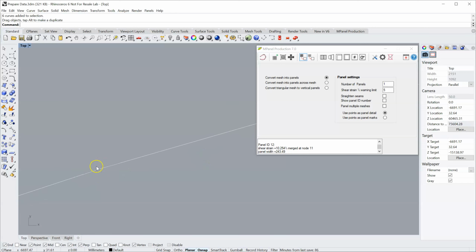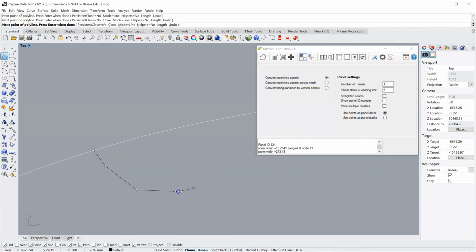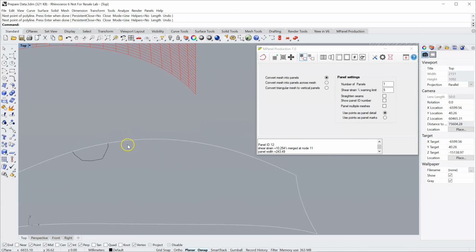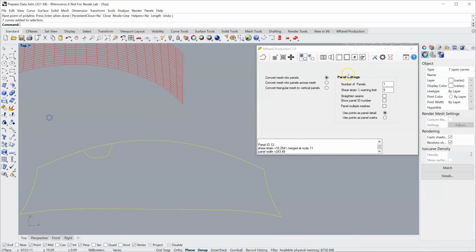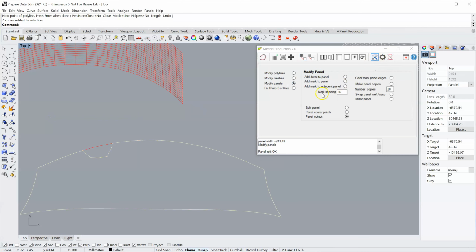and whatever shape cutout you wanted to make can then be based, I'll just do this very roughly, can then just be based on those crosses, and of course the panel cutout created